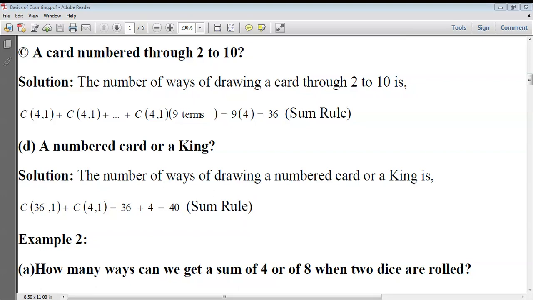Next question: in how many ways can a card be drawn from the pack of cards so that it will be a number card or a king. There will be 4 kings and there will be 36 numbered cards. Cards can be divided into 4 categories. In each category there will be numbers such as 2 to 10, so for 4 categories, it will be 36 cards. So 36 number cards plus 4 king cards, so totally it will be 40 cards.